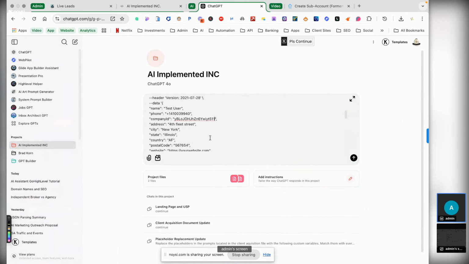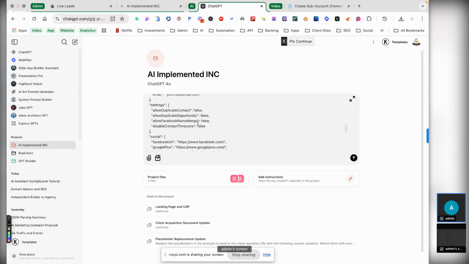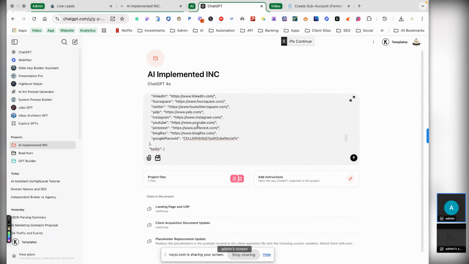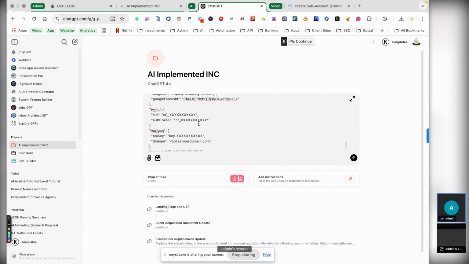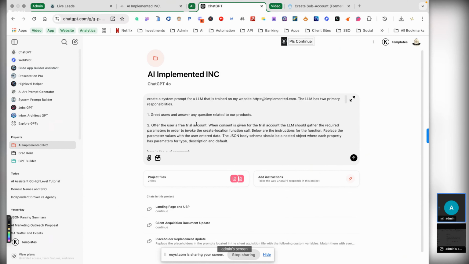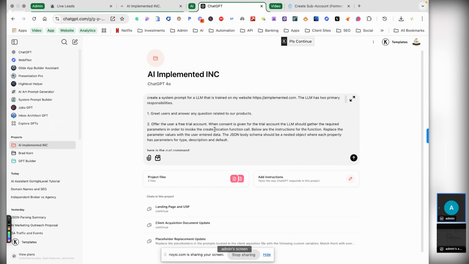Website, that's all good. Prospect first name, settings. Here, disable all of these settings. Just have a quick look here. Twilio. Oh yeah, I forgot about that. Let's do this as well. Create the user. Offer a free trial account. When consent is given for the trial account, the LLM should gather the required parameters in order to invoke the